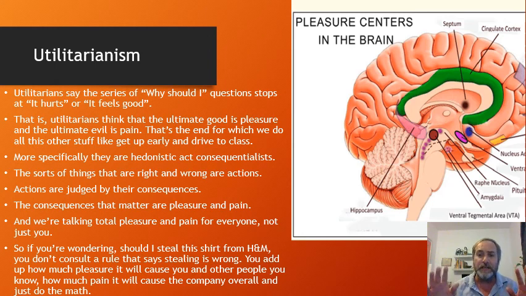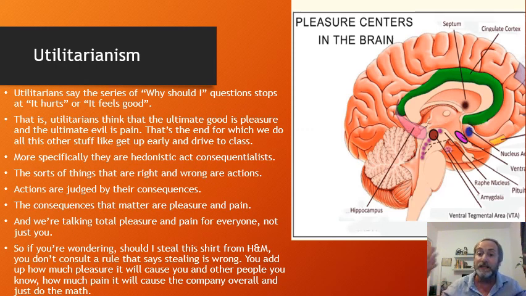So the utilitarian is a very specific sort. There's all kinds of variations within this world, right? Utilitarianism is the most popular. So what it is, is hedonistic act consequentialism. What that means is, by the act part, the sorts of things that we judge as right and wrong are your actions, right? It's not your character that's right or wrong,